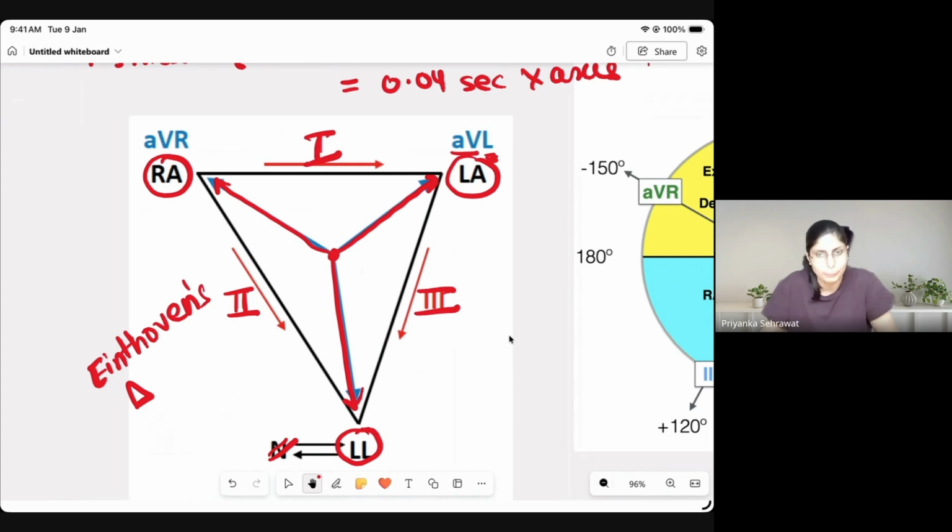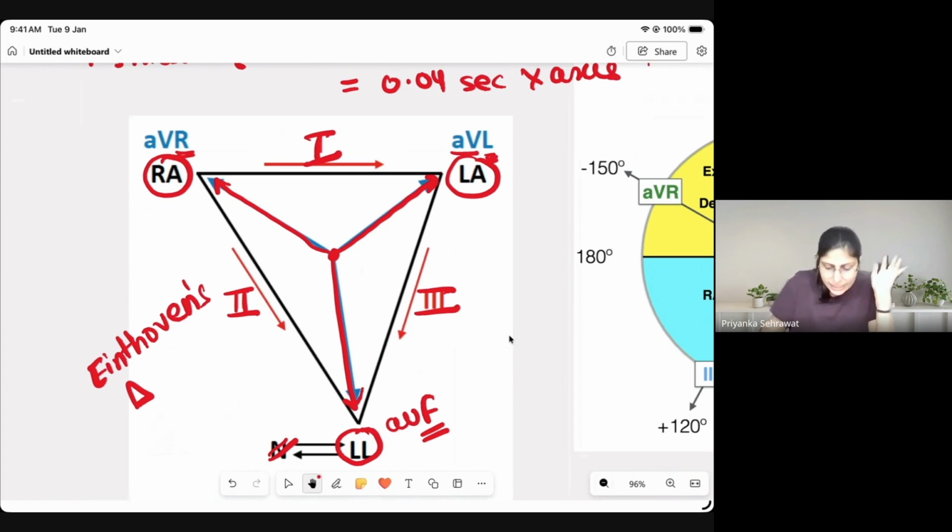L for left arm, AVR, R for right arm and AVF, F for foot. Okay, so these are known as augmented leads. V for voltage, A for augmented. L for left, R for right, F for foot. Foot में तो एक ही effective lead है ना, तो उसको F लिख दिया. आर्म में हमारे पास लेफ्ट राइट है तो उसको एल और आर का नाम दे दिया. This whole triangle formed because of these limb leads and the electropotential differences that we are measuring through these 3 leads is known as Einthoven's triangle.